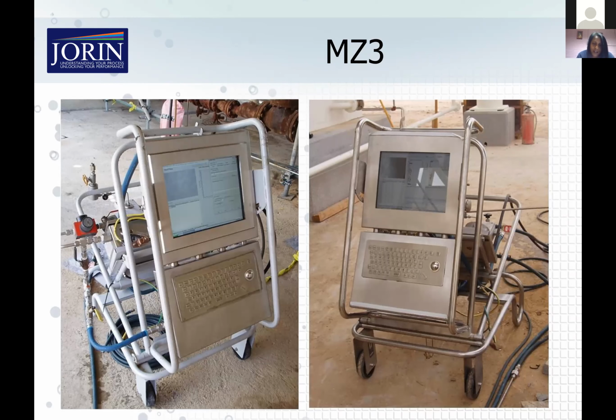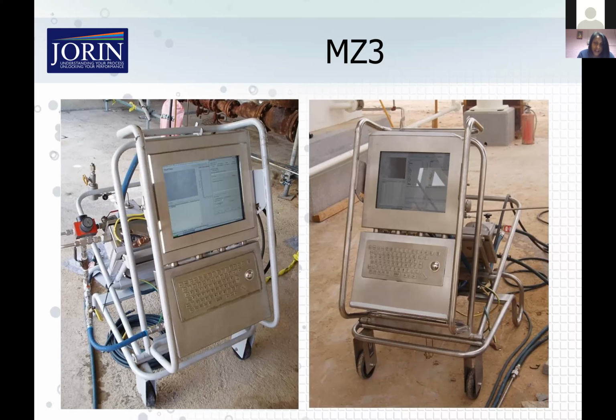And then I go on to our mobile units. So these are, again, much the same. That ViPA side technology is exactly the same, but these are designed to be mobile systems. They are hazardous area rated, ATEX zone 1 or zone 2, depending on which model we're looking at. We started off with what we call the MZ2. It was basically a box that had the ViPA, the computer, a keyboard, a monitor, the purge, everything all in